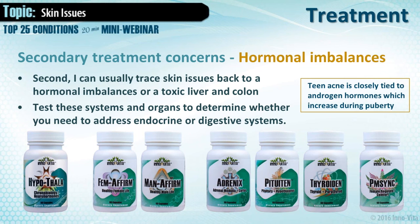That's all done through a feedback loop up to the pituitary, and the hypothalamus is what controls that. So Hypothala supports and repairs the hypothalamus. Femiferm and Maniferm support the female and male individually, but don't be surprised if your female patient is calling for Maniferm, and vice versa. Sometimes Femiferm is needed for males as well. So ask those questions. Adrenax supports the adrenal glands, Pituitary is for the pituitary and thyroid, and then PM Sync